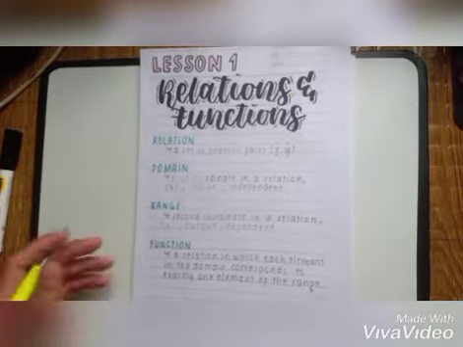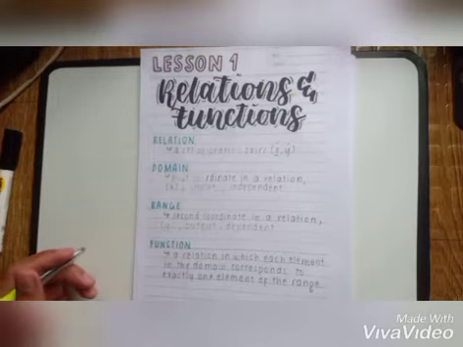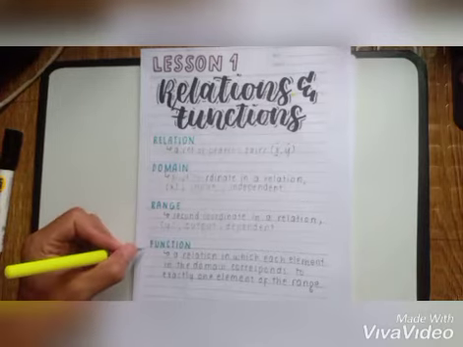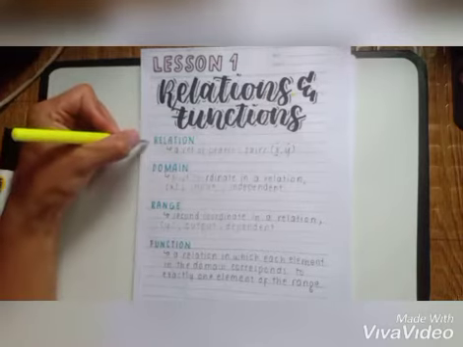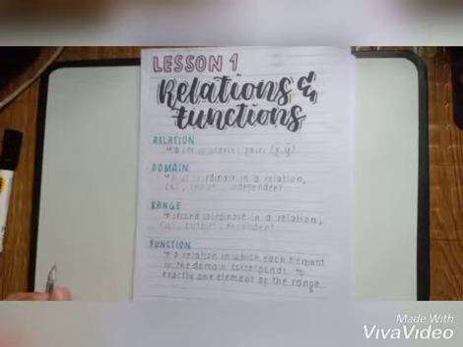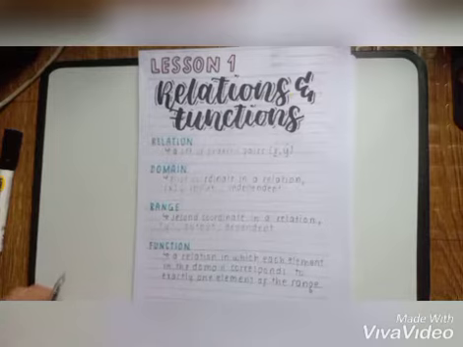Next is we have a function. So when we say function, it is a type of relation in which each element in the domain corresponds to exactly one element of the range. When we have this,